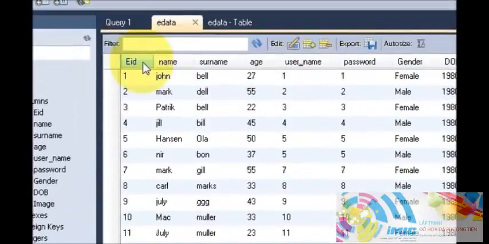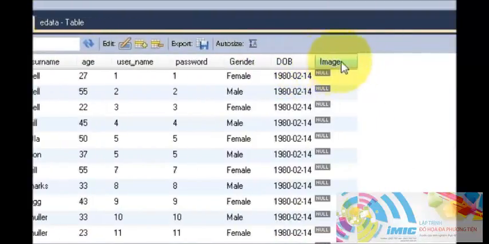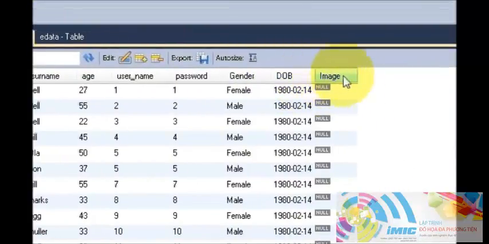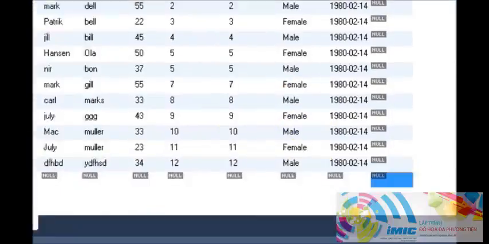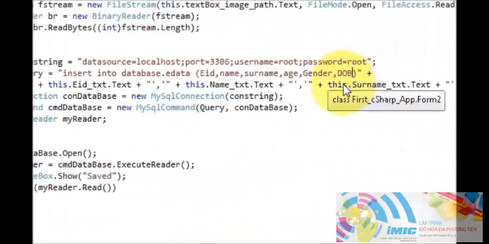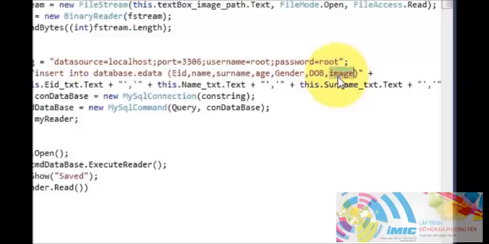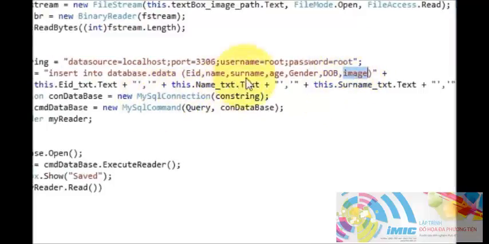So employee ID, name, surname, age, gender, and date of birth. And now we are going to include one more column there. So go to project, and here we are going to add image column. Okay, so here write image